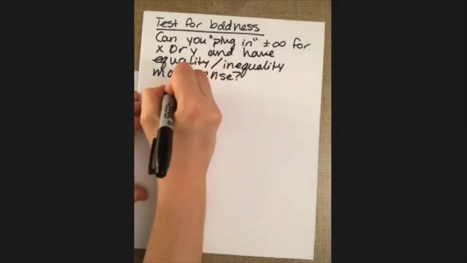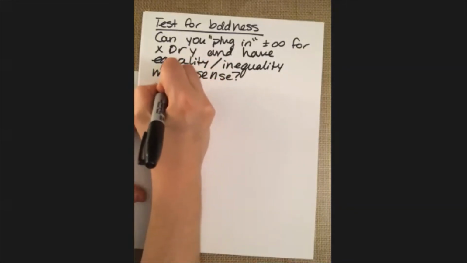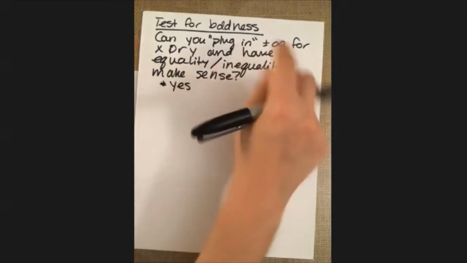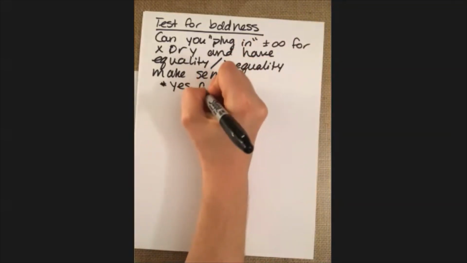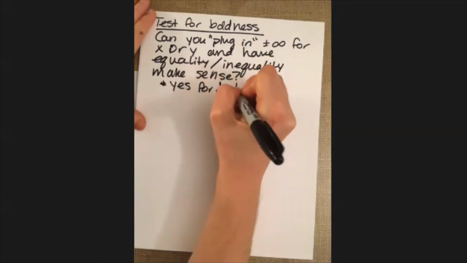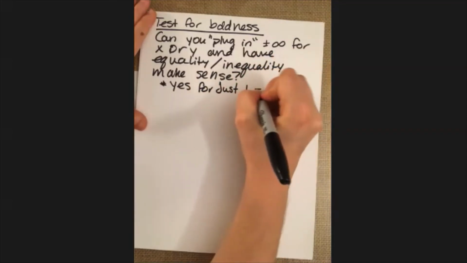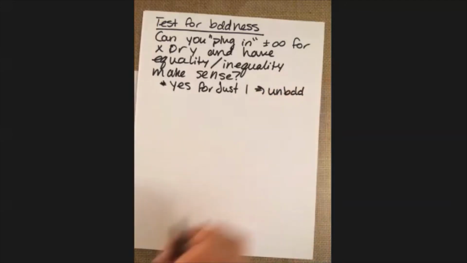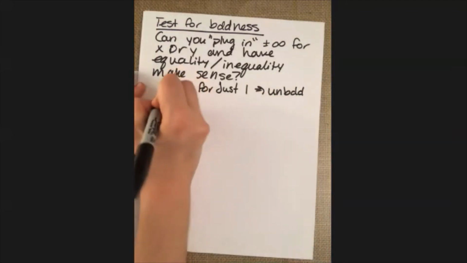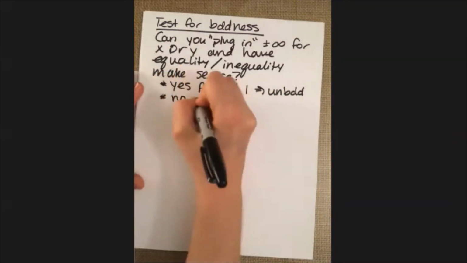If the answer is yes for even one of them, you really don't even have to check all of them. So yes for just one, then it is unbounded. So I guess it's a lot easier to notice if it's unbounded. But if it's no for all cases,